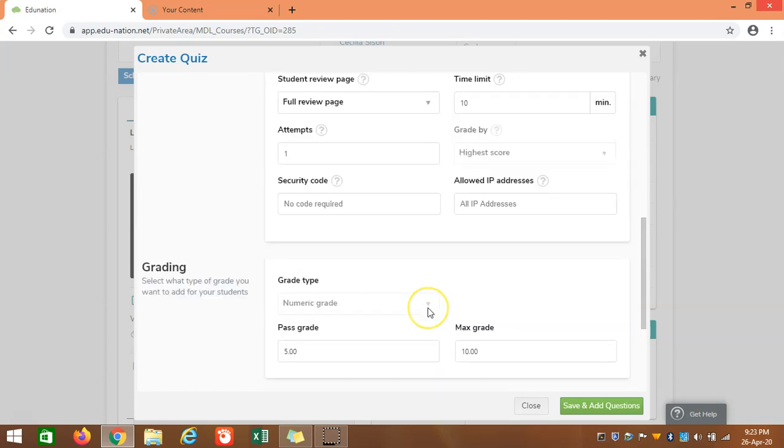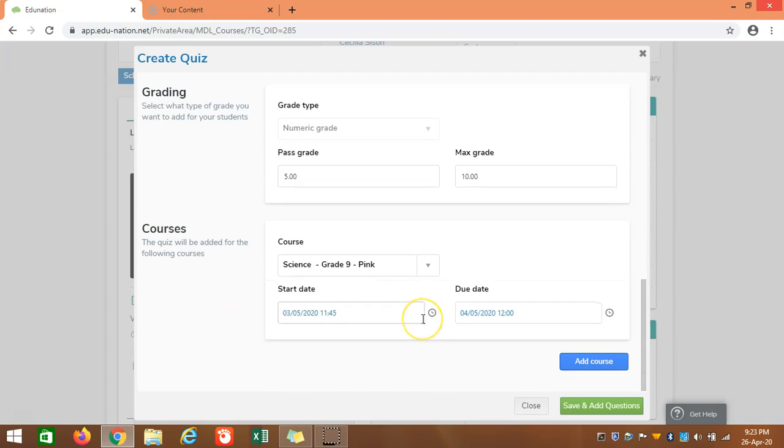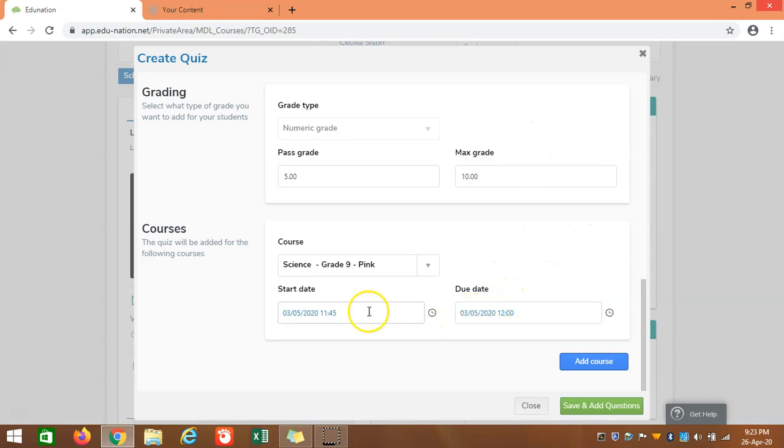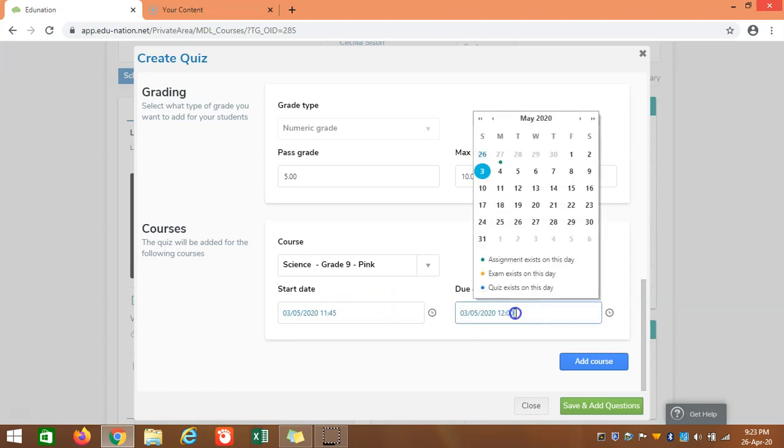They can do it only one time, but different students will be doing it at different times, and they can share the questions with others. So it is preferred that you make sure it is on the same date, as we are giving only 10 minutes. That will be better. I'll choose 55. Give 10 minutes. That will be better, because all students will come at the same time.